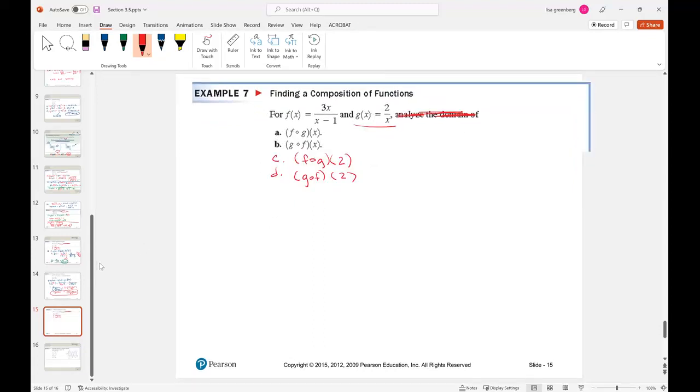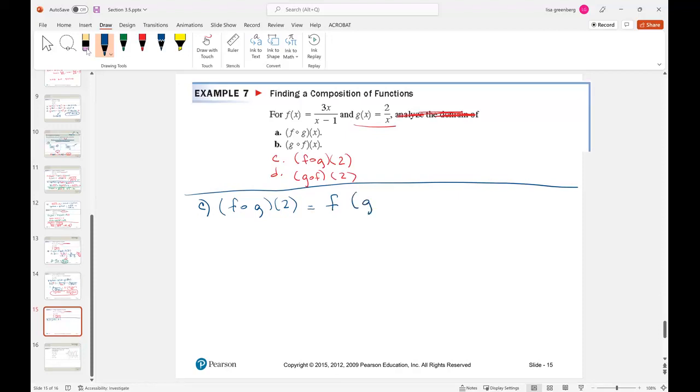Okay, so here I'm being given, so now I'm doing C, which says f composed with G of 2. Now in this case, it's probably a lot easier, if you're given C and not asked for what x is, to just do this. Because now I need to find out what G of 2 is, and G of 2 is equal to,